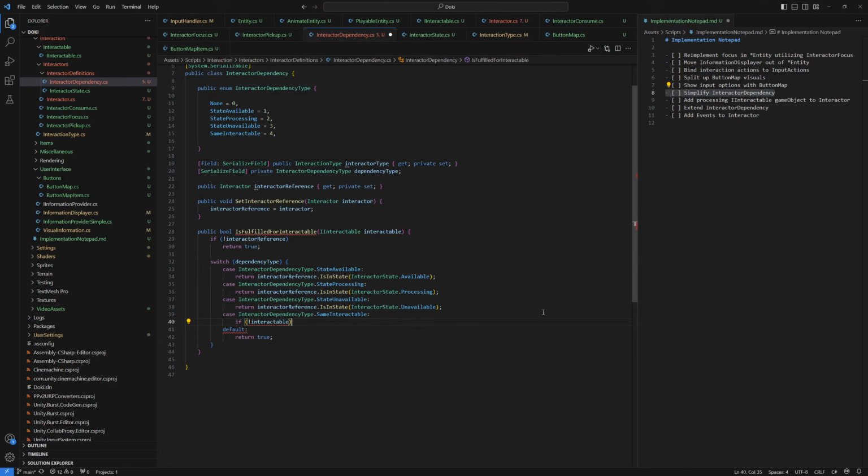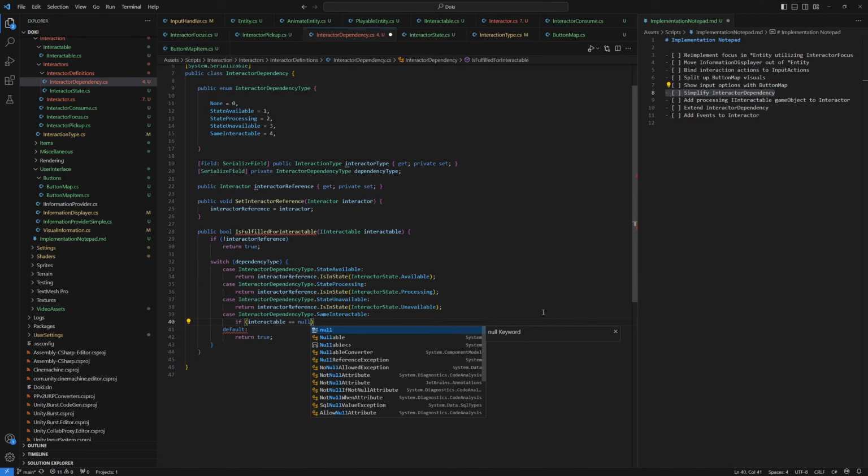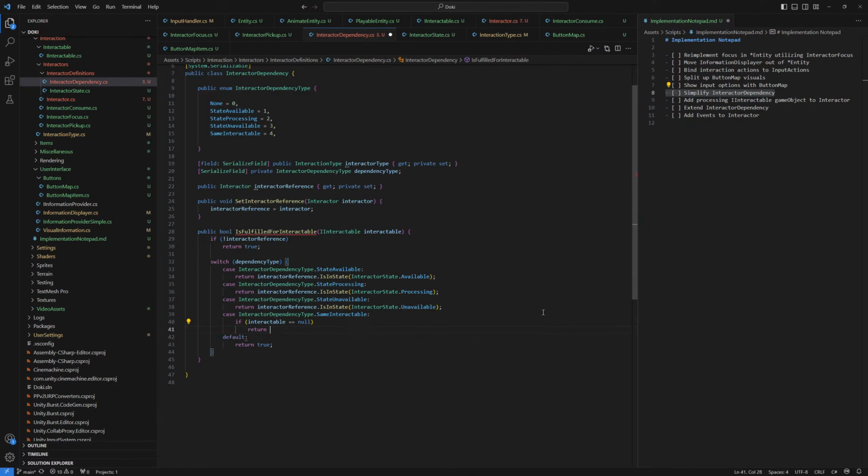Can I do this? If it's null, return true. Otherwise, return interactor reference dot, and this is where we need